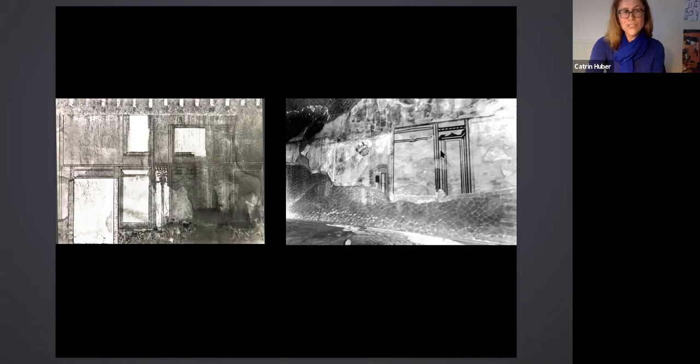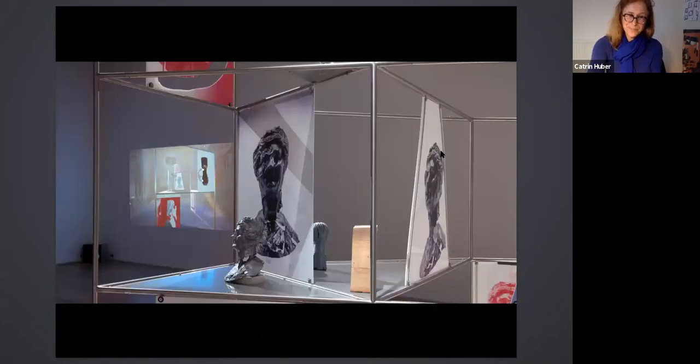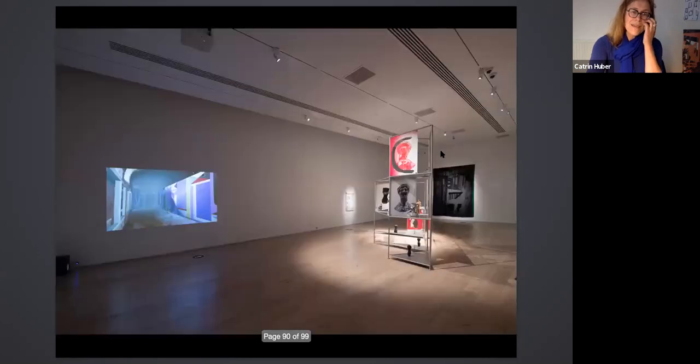I just wanted to show you some sketches which helped in showing how I wanted to open up the space. Here you see again a snippet from the environment, but in Pompeii. And in Pompeii, the audio is actually the fictional conversation between the three historical artists, the